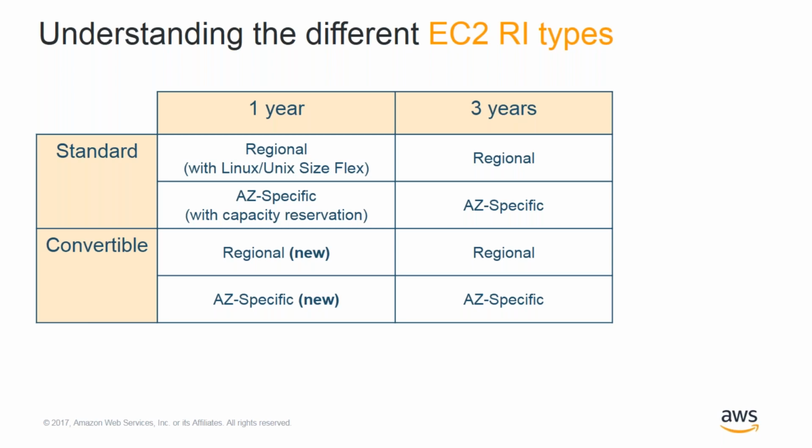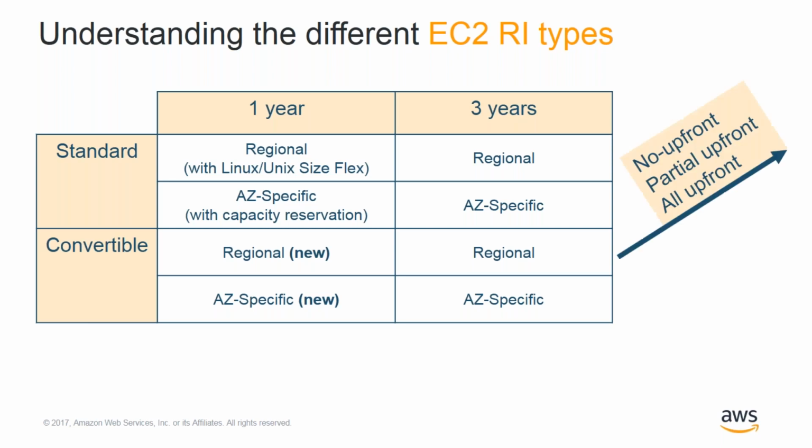And so you can also see that there's regional and availability zone specific. What a region is, for the newer users, is, for example, the entire Sydney region is considered a region. We have 3 availability zones within Sydney, and you can apply your reserved instance to an availability zone if you like. And if you do, then you actually also get a capacity reservation. But if you decide to cover or use the reserved instance across the entire region, then you get the benefit of instance size flexibility, which I'll detail shortly.